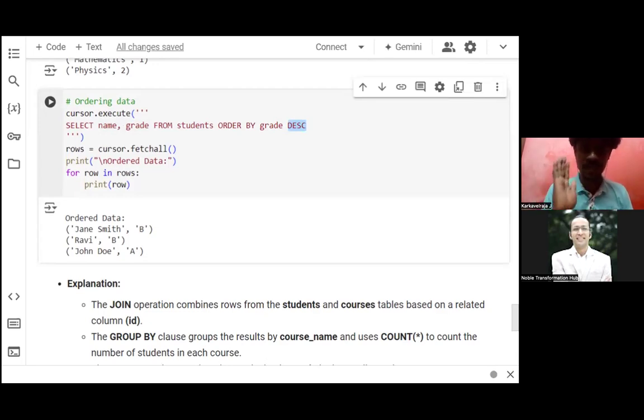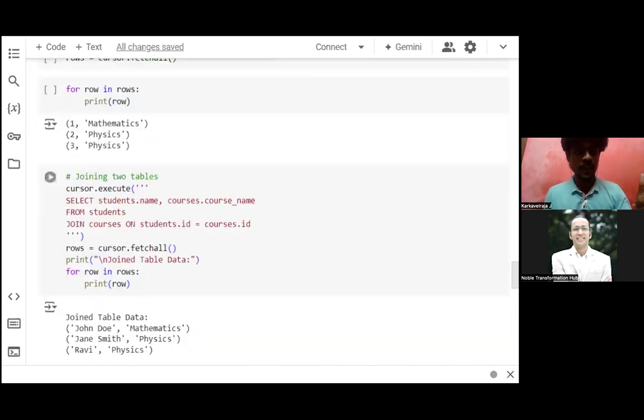So I have just put the descending order. I have committed it, and then I'm giving the order by and printing this for loop. Now you can see James Smith, then Ravi, and then John Doe, now BBA. That's it, because it's a descending order. Before that, before order by, it is in the